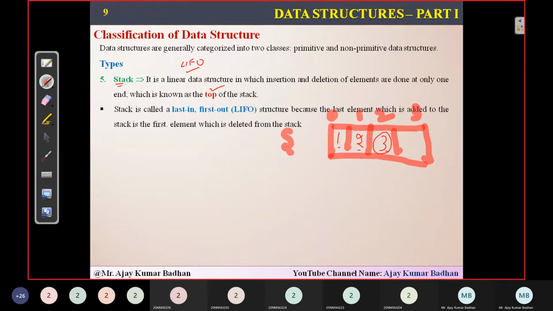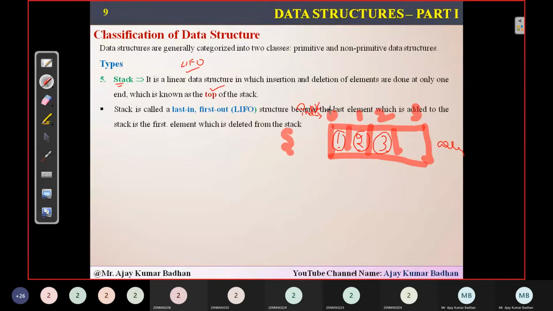Okay, so this is the way it is going to happen. Now as you know, 0, 1, 2, 3, what is this? If you consider this an array, what is this index? We call it an index or subscript, and that subscript is what is represented using this top. So whenever you're inserting a particular value in the array, that top will be incremented. So this is top. Initially top is located here.